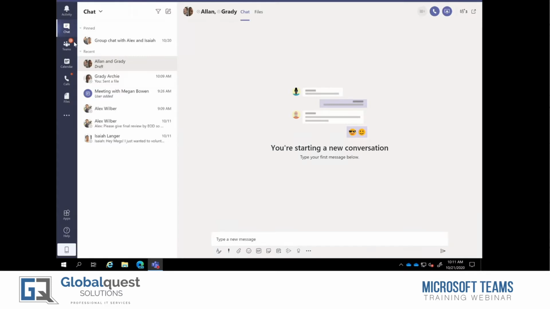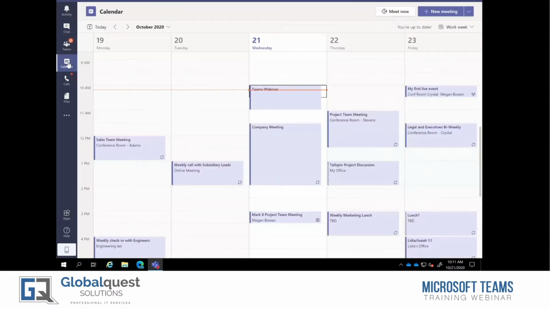The other modules on the left, I want to skip Teams for now and just jump down to Calendar. So the calendar is obviously your calendar. It's Outlook and Exchange connected, or Office 365 connected. So you do see your personal calendar here. People always say, well, Tom, where are the filters? I just want to see my calendar. I want to color the events, a lot of things like that. You'll still go back to Outlook for that, but this is an aggregation of your personal calendar as well as